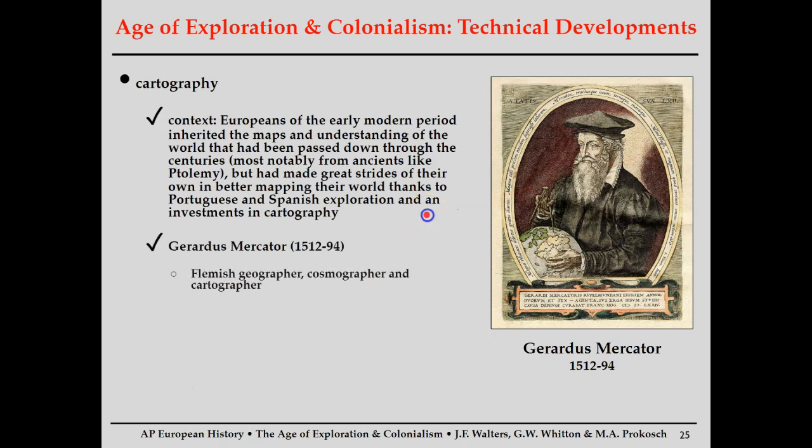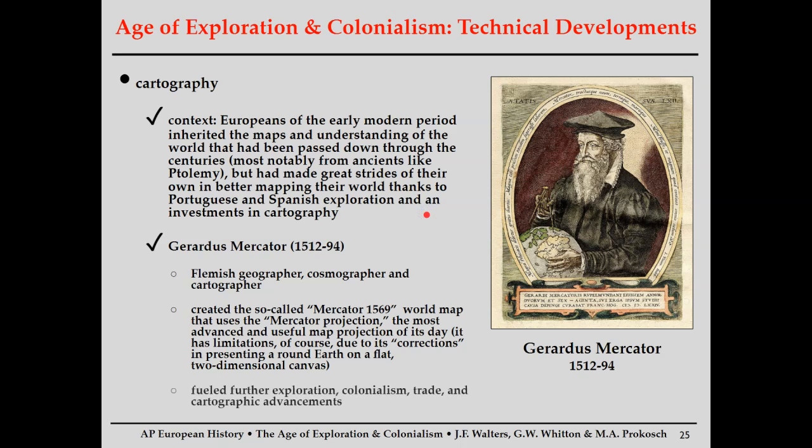Alright, cartography, the art of making maps. Really cool profession. Not really sure how much money is involved in it anymore, but I just think it's a really cool profession. I love maps. So, map making matters in, of course, the 15th, 16th, 17th, 18th centuries. You want to have accurate maps.